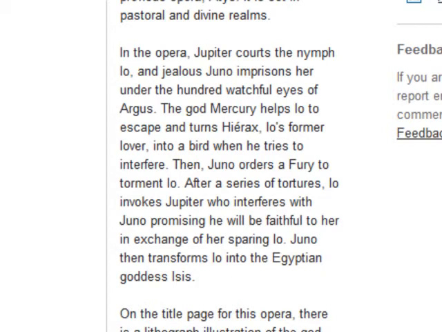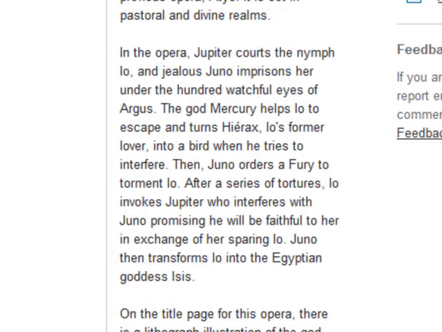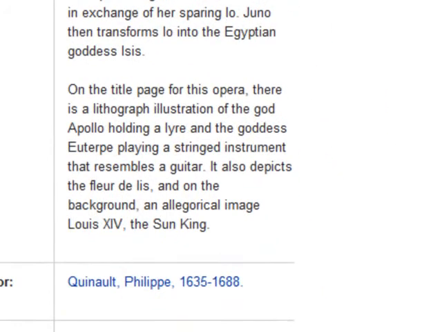So all this is associated, man, with satanic paganism. False philosophies, man. So reading on, the title page for this opera has a lithograph illustration of the god